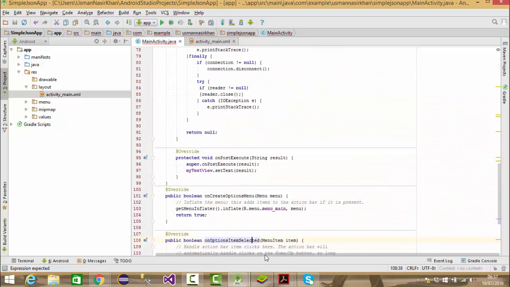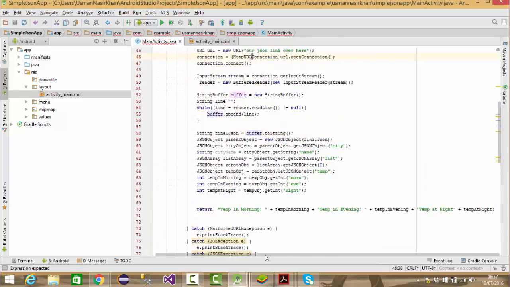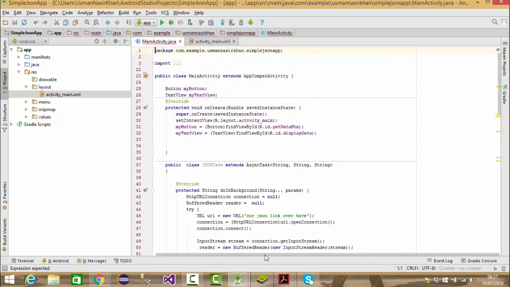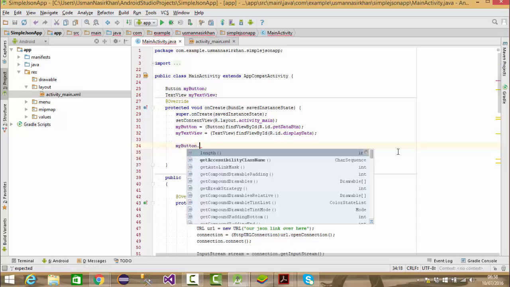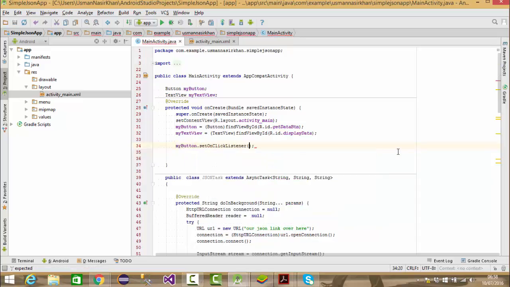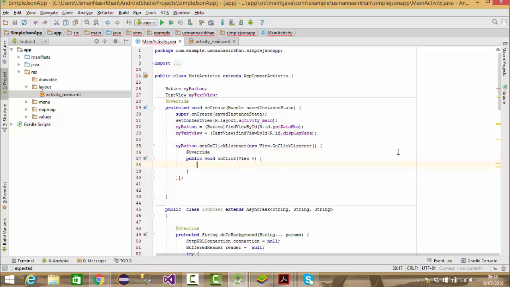Where is the issue? Maybe so. Now let's create a my button on-click listener. My button dot set on click listener, and new view on click listener, and then let's create an object, or let's call that JSON task method over here,